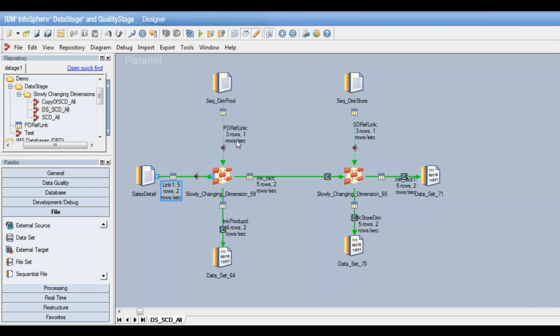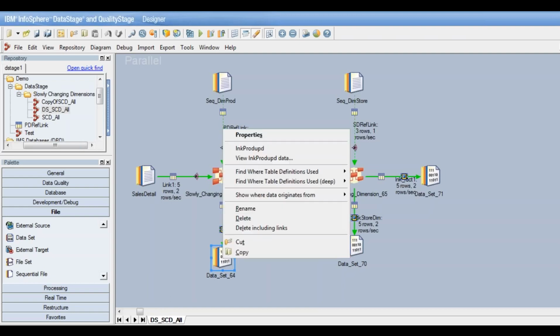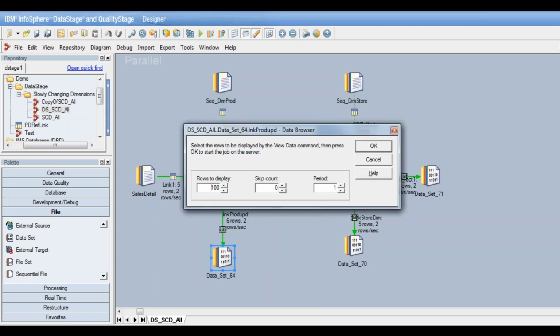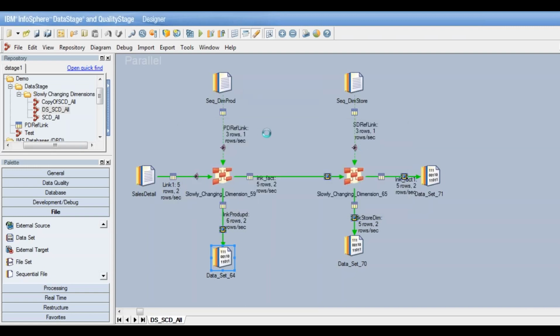For the dimensions, this was defined as a type 2 dimension, and we had 3 records that already existed, and now we are seeing 6 records. So if you look at the data, we'll have only the update records and the insert records.